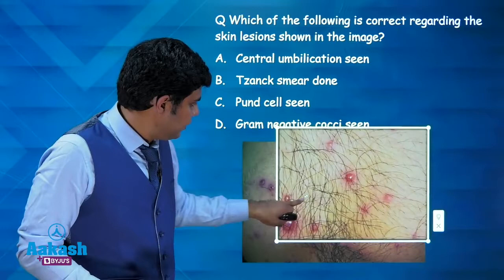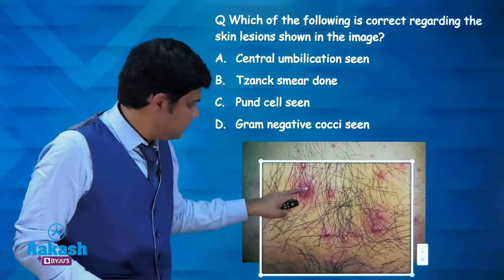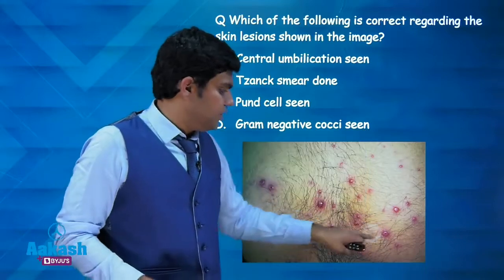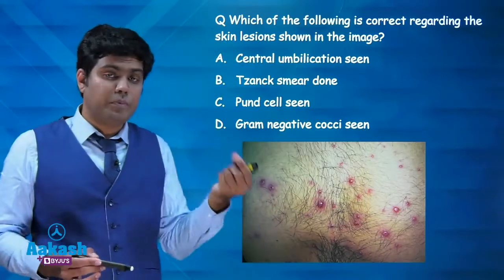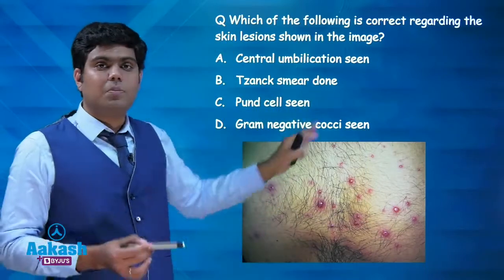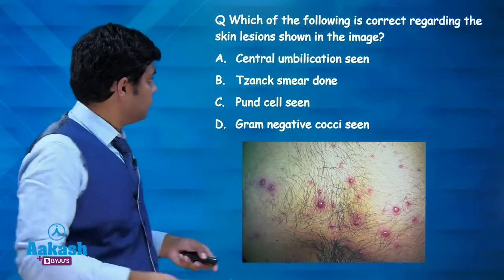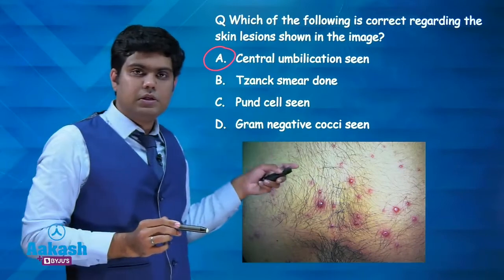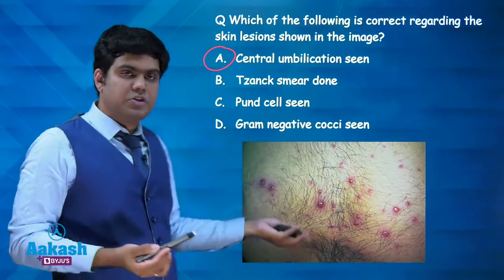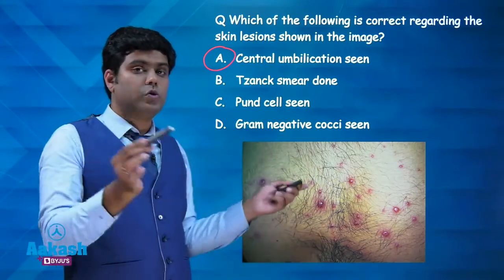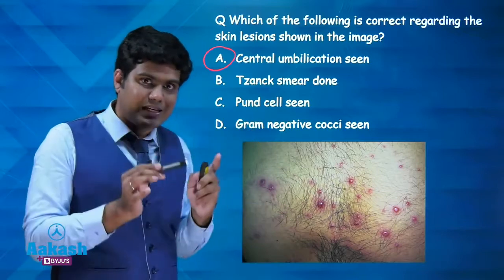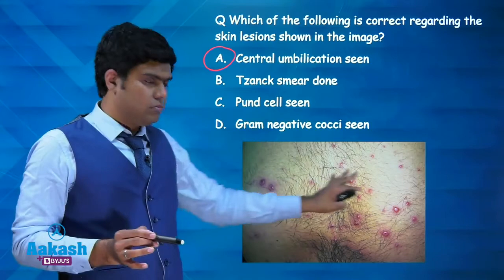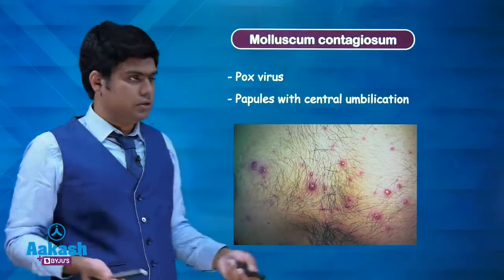So here it is difficult to observe, but in some lesions you can see there is central umbilication, right. Whenever you see central umbilication papules, you think of what? Molluscum contagiosum, right. So the answer here would be central umbilication is seen. The answer will depend upon the image. Here it is molluscum, it was herpes. So you should know how to differentiate. Herpes: group vesicles, no umbilication, multiple dispersed lesions. Central umbilication, it's molluscum.